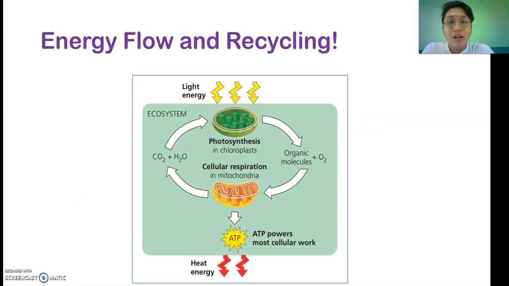Energy flow is conserved as always. It cannot be created nor destroyed. It is transformed or recycled into other forms of energy. For example, the light energy coming from the sun will be converted to organic molecules via photosynthesis in the chloroplasts of plant cells. Now these organic molecules made by plants, together with oxygen, are needed by animal cells in the mitochondria for cellular respiration.